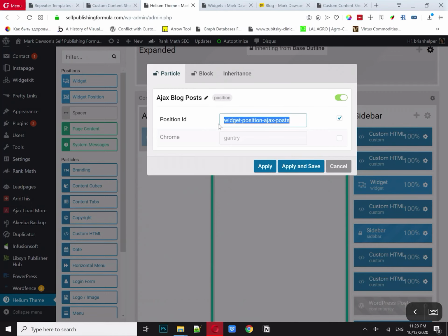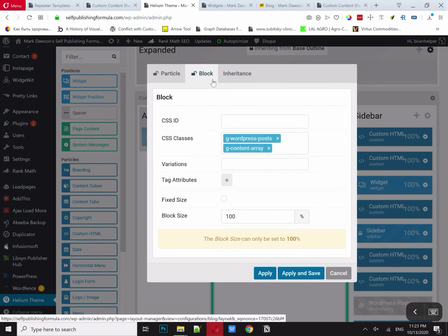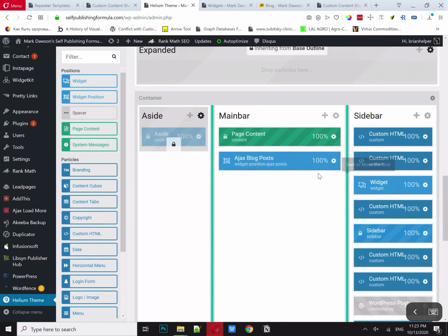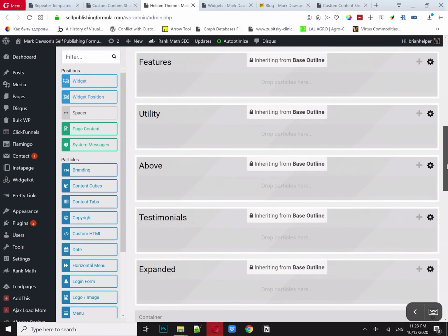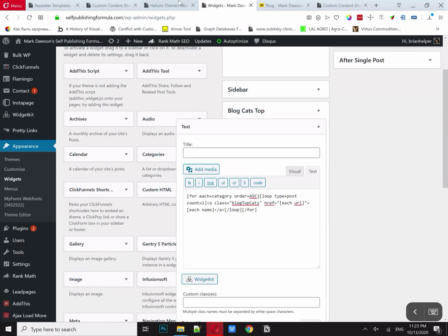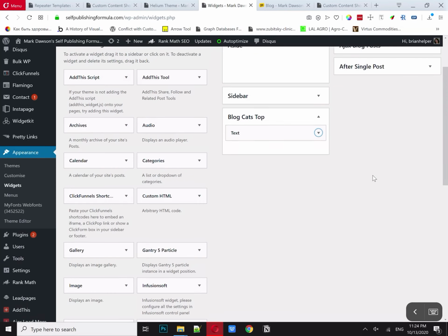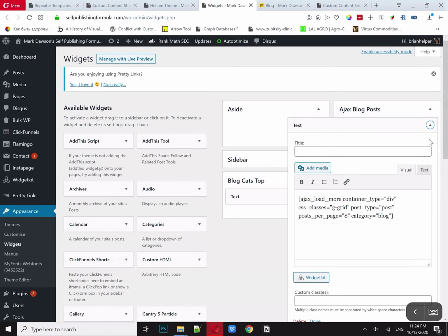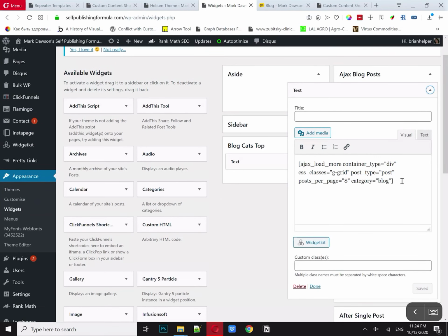We gave it a unique position ID, don't forget about this, and then we also gave it CSS classes, but it's already details for the looks of this list, so it would fit the look. And then we just saved, and then we went to this widget area and Ajax blog posts, and here we